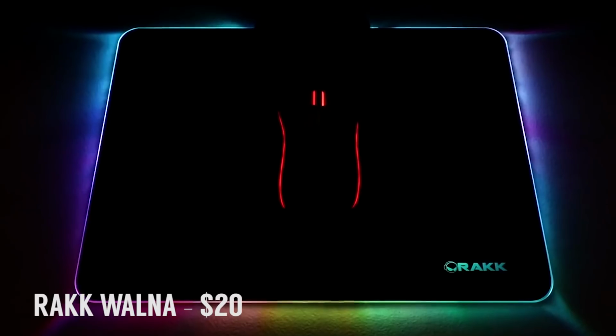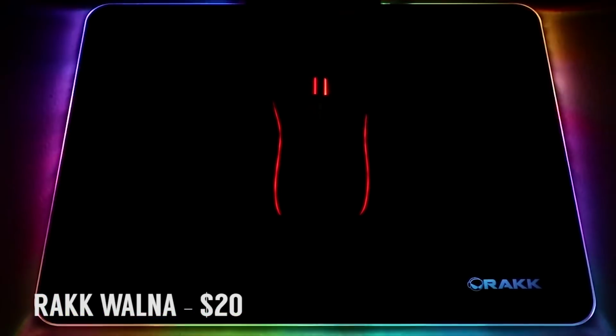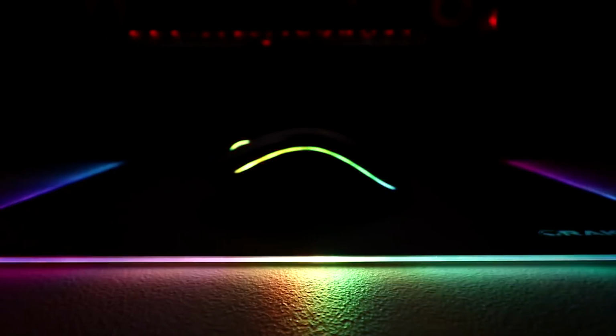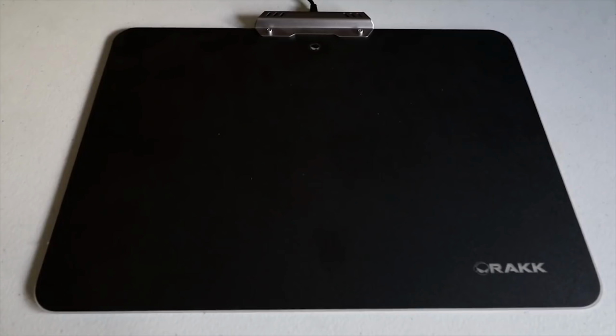Very cool. Next up is the Rakk Walna. The Rakk Walna is easily the best RGB mousepad for 895 pesos or just under $20. That is simply a fact and not an opinion. The dimensions are 350 by 250 by 3.6 millimeters. It features exceptionally bright and vibrant RGB lighting with 9 different modes, accessed by the touch-sensitive rack button at the top of the mousepad. The RGB strip wraps around the entire mousepad, which is similar to the Razer Firefly and